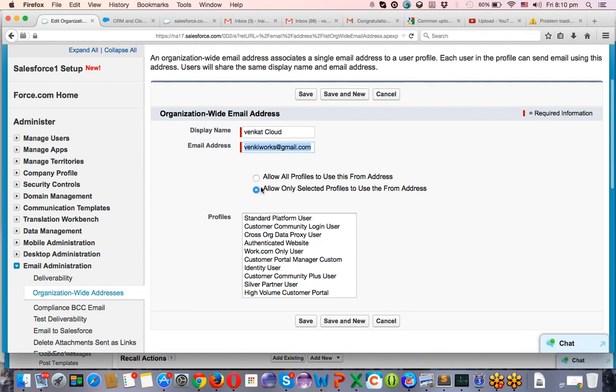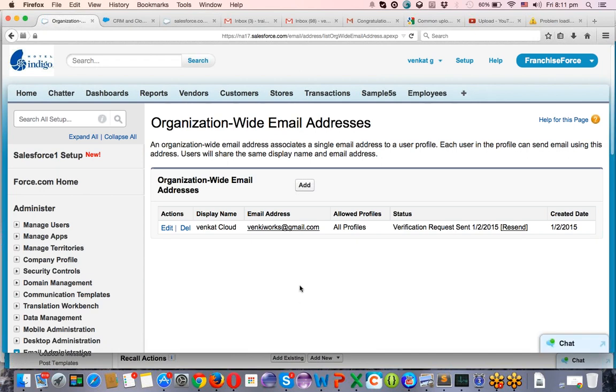Okay. Yeah, I'm giving all profiles use this from address. All the emails going out of the system will use this from address. That's fine.